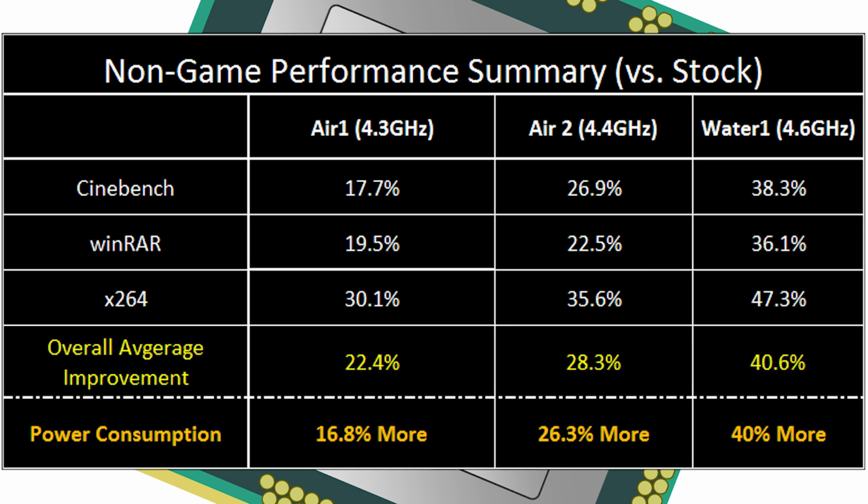With our basic air cooler, we were able to overclock to about 4.3 GHz, giving us a non-gaming performance increase of 22.4%, which is quite impressive. With our more premium air cooler, we were able to get 4.4 GHz, giving us 28.3%. And with a very impressive 4.6 GHz on the water cooler, we're able to get a 40% increase